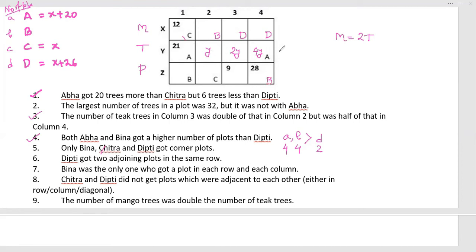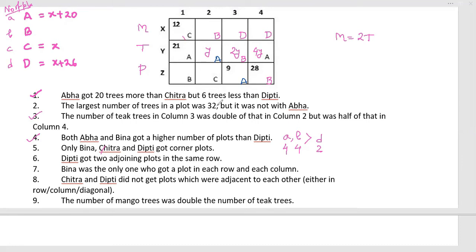So it should be B. And in this case, no B is present, B needs to be 4. So these would be B again. And what would be A? A needs to be 4 in number. So these both would be A. Let me write it down. This is A. This is A. So this is the plot distribution as per the given diagram.